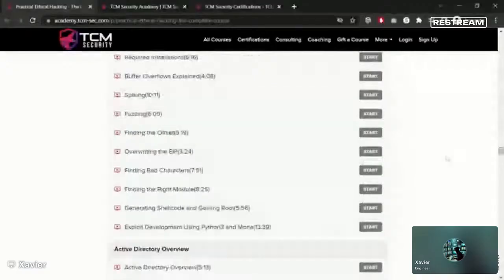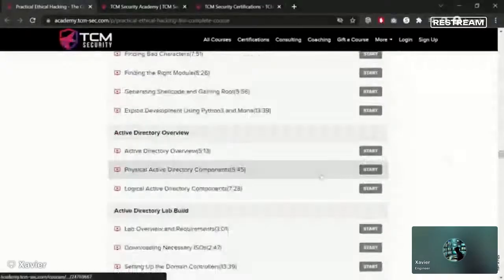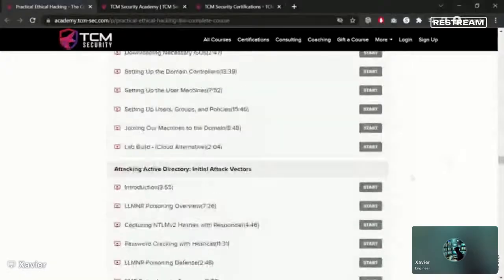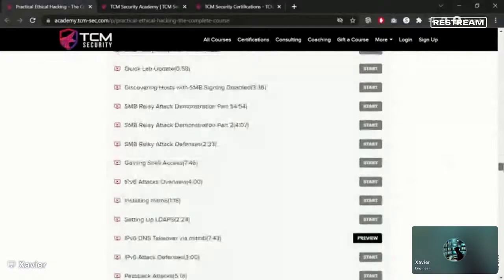We have Active Directory, which is one of my favorite things to pen test against. And I would say it's the best part of the entire course. We teach that. We cover quite a bit of this. We cover more web app pen testing, application pen testing. We get into a little bit of documents and all that fun stuff. So here, it's a great resource. It gets you started. If you love it,